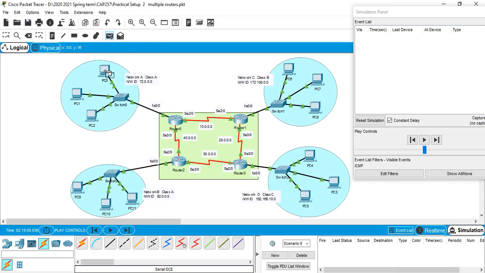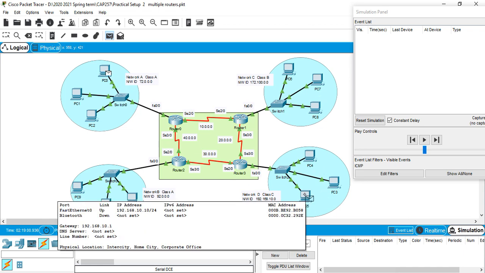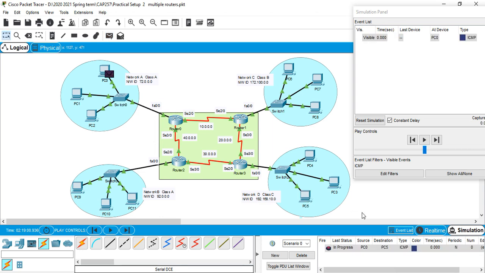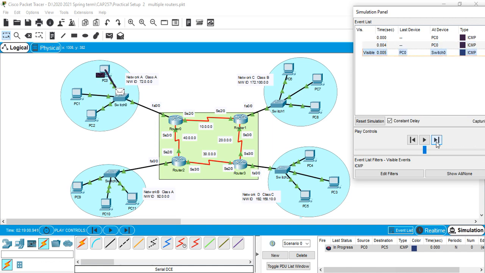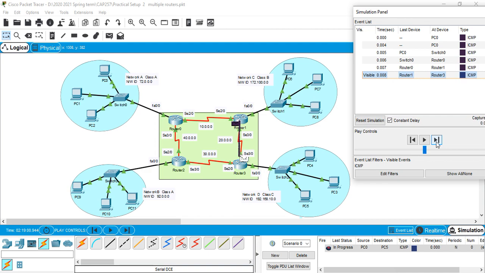So I have clicked on PC0, then I have clicked on PC5. Now let us see the simulation. First step, packet is ready. Packet goes to switch 0, then packet goes to router 0, then packet goes to router 1, then packet goes to router 3, and it stops over here.